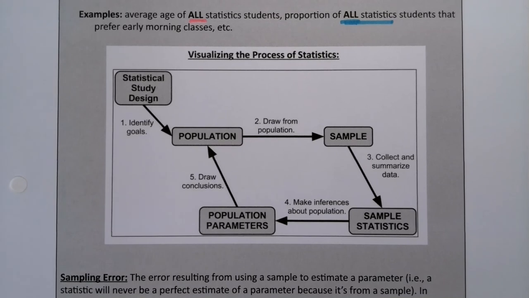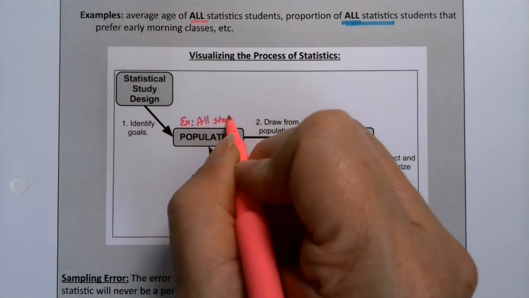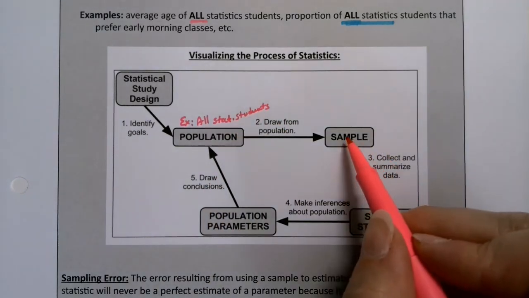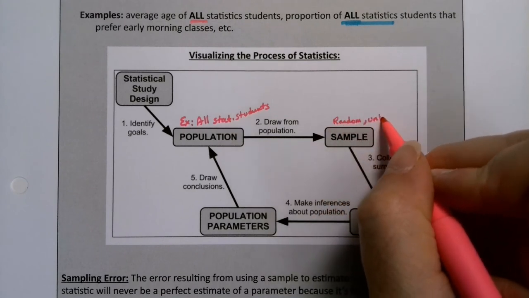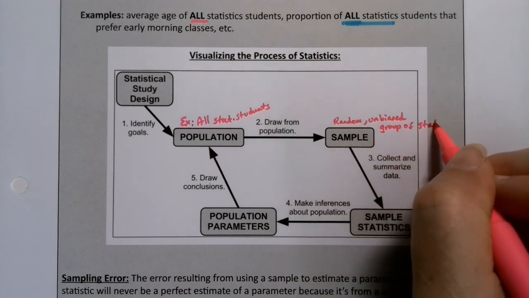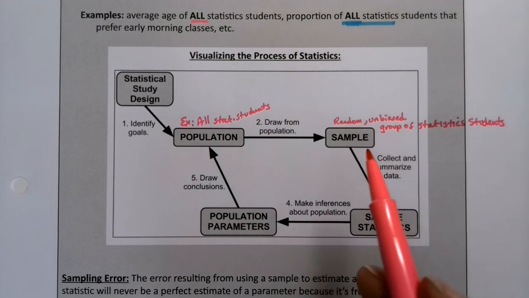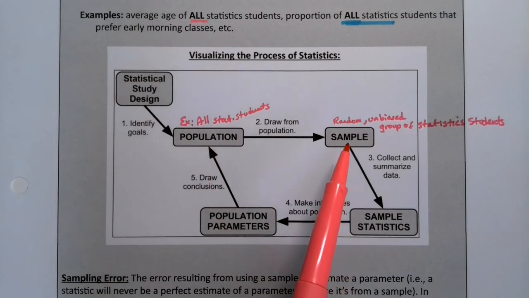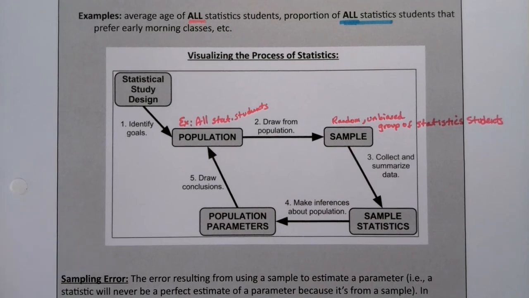So let me give you this example as we go. So if this is all statistics students, then this sample would be a nice, random, unbiased sample of statistics students. Right? It's important to be unbiased because otherwise we've got problems. But that's your sample. So then you draw that sample from that population. Then you ask them, hey, do you prefer early morning classes? What's your age? Right? So you would gather that information, and from there you would either gain the average age,